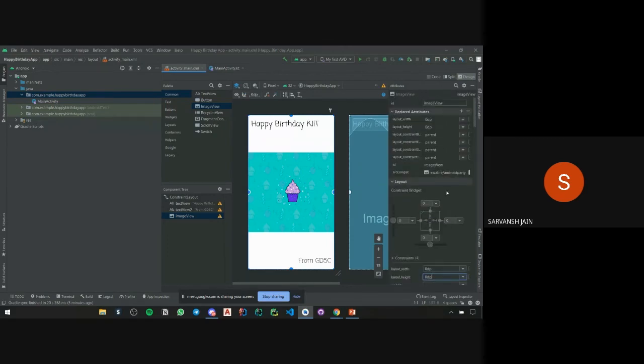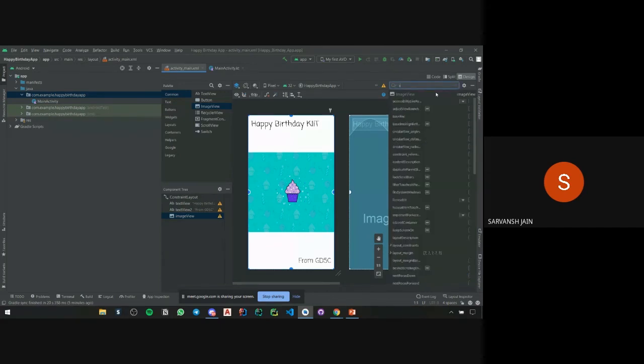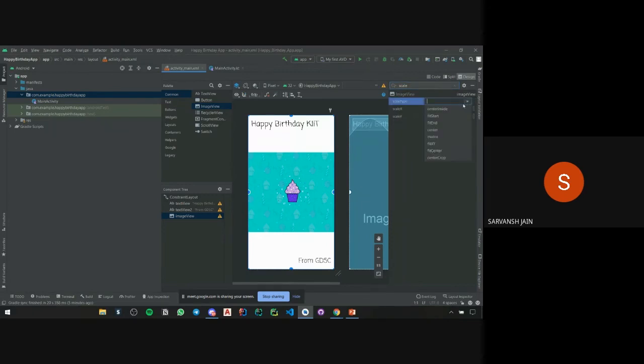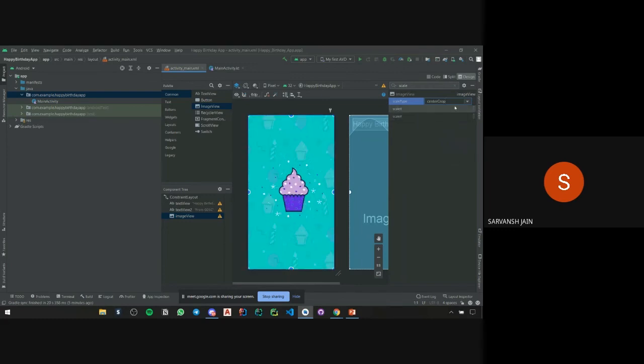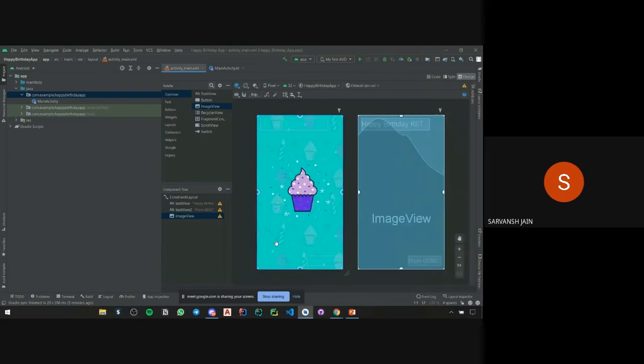And then, as I told you, we wanted to fill the whole background with the image. So I'll select the search option here, and I'll type scale. Then I'll go into this, and I'll select center crop. Now, as you can see, the image is on top of the text. So I'll just drag image view from here and drop it here.